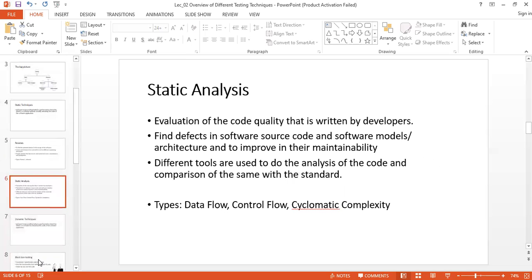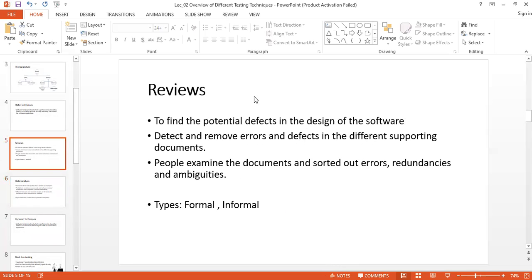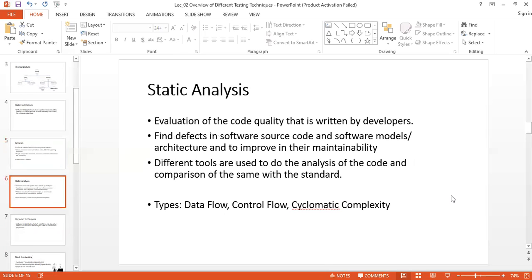And then we have static analysis. Static analysis is basically some sort of software tool. Reviews are done by people, but static analysis focuses on the software code with no human involvement.